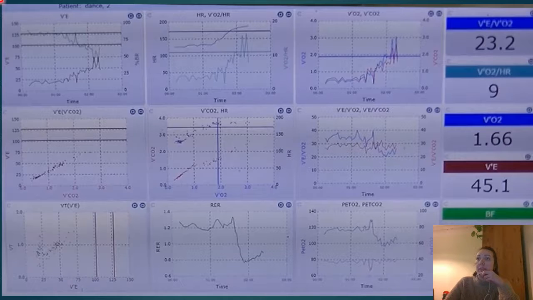So we've got the data here. Get my pointer, sorry. So we can see that heart rate follows a similar pattern to IJA, starting at around 120, 130 beats per minute. Again, she had just done the routine, Wei Chen, so it could be higher because she didn't have a full recovery period from the last dance. But it still increases very steadily, and then you can see it plateauing at about 180